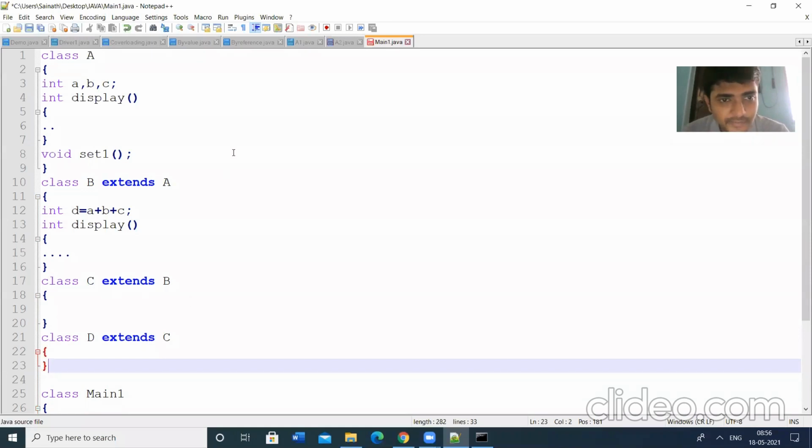Let us see this. In the first case, which is the subclass and which is the superclass?